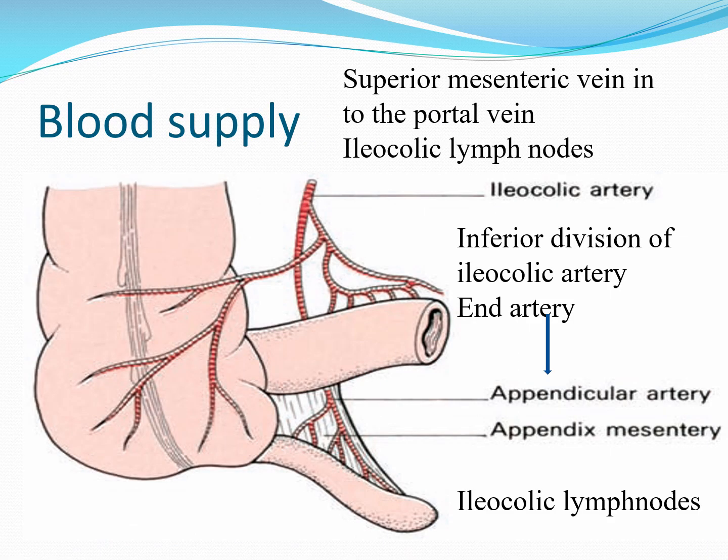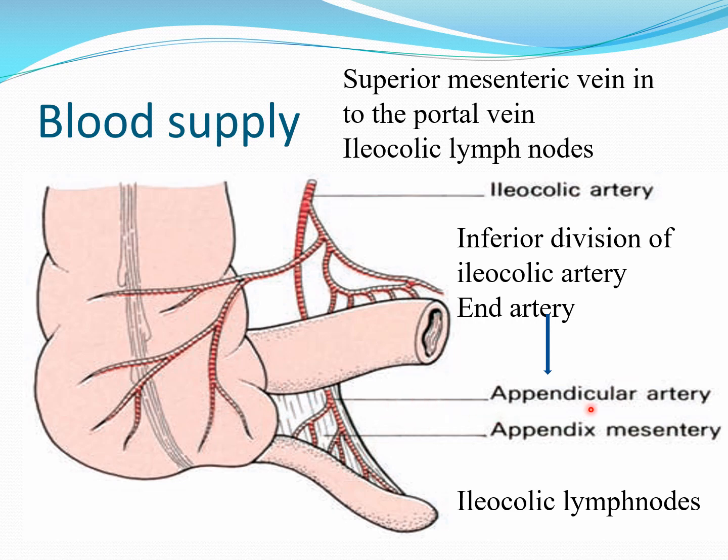Now blood supply. It is mainly supplied by the appendicular artery, a branch of the inferior division of the ileocolic artery. The artery passes behind the terminal part of the ileum, supplies the entire organ, and gives a recurrent branch toward the base where it anastomoses with the posterior cecal artery. The appendicular artery is an end artery, and the tip is less vascular, so in obstruction of this artery, gangrenous change is observed in the tip.